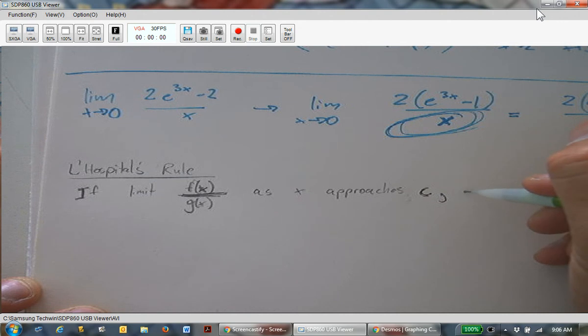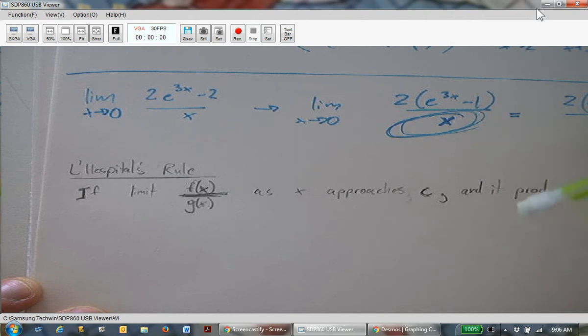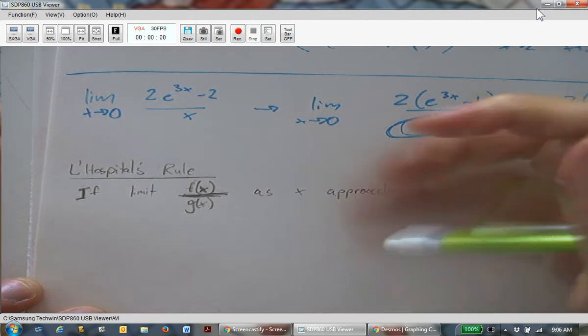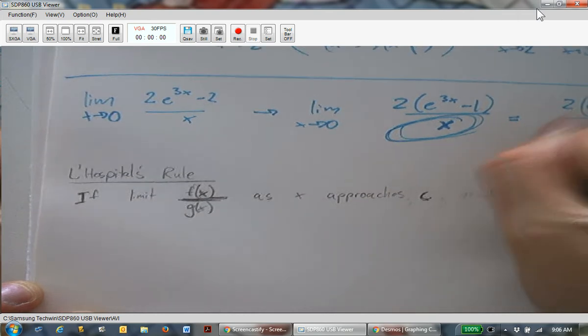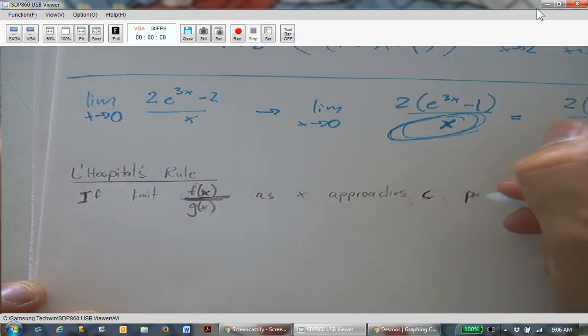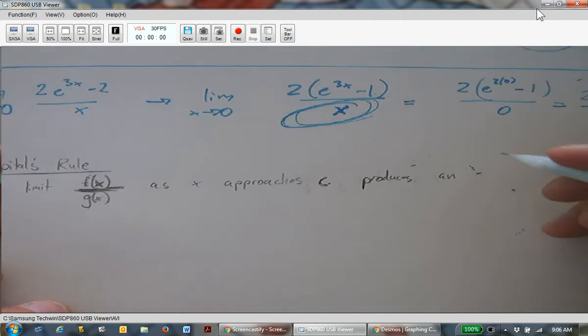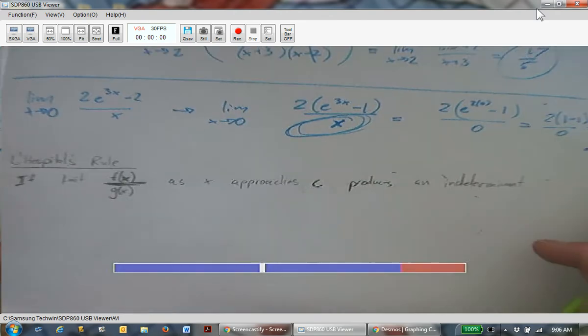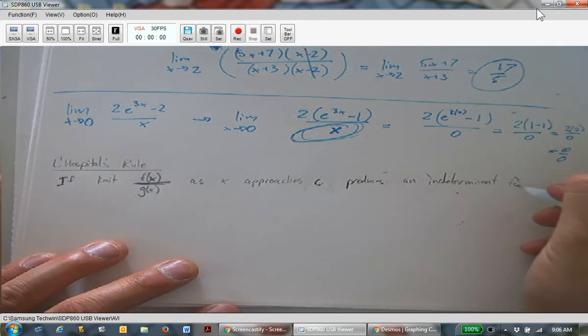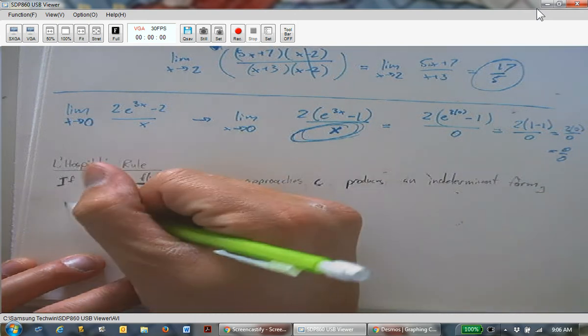If the limit as x approaches c produces an indeterminate form,